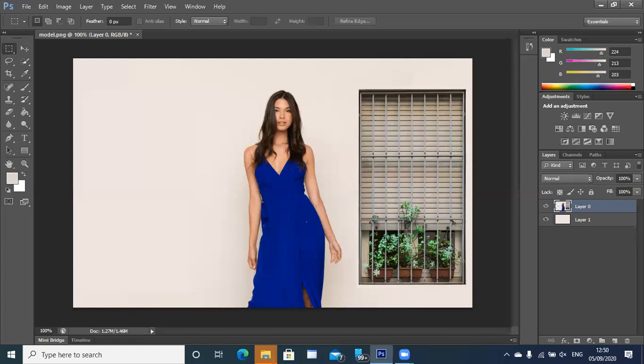Okay, then come the lasso tools. You have several lasso tools which also help you make different kinds of selections. For example, if you want to make a loose selection around anything in your image, just like a lasso, you can use the lasso tool available here. You can loosely select a certain area of an image. For example, I just want to loosely select the model. I don't want to do much, just take a loose selection. So I can use this tool, and it will select the area loosely based on wherever I'm moving my mouse. That is called a lasso tool.